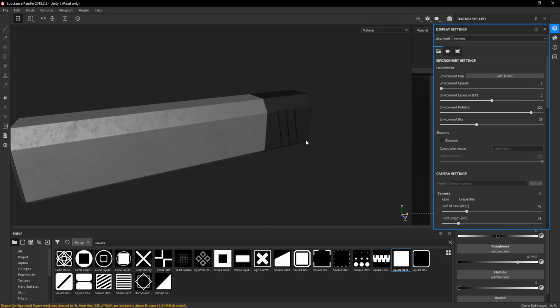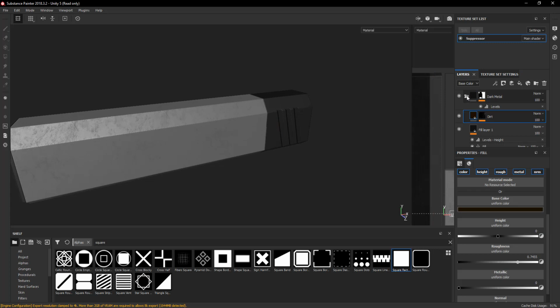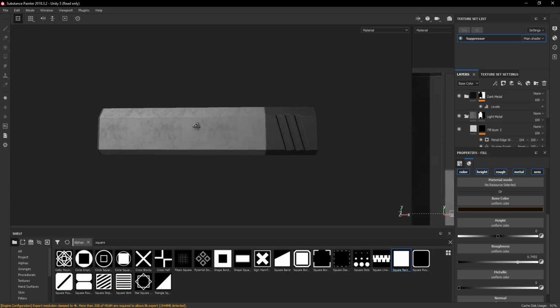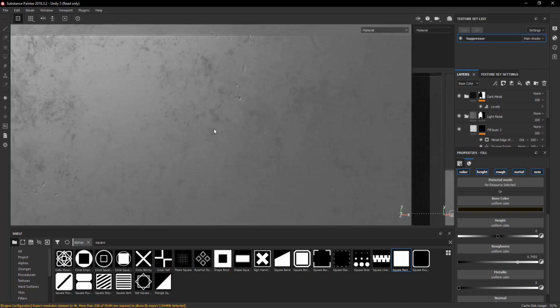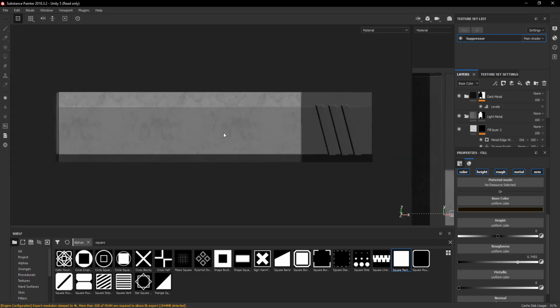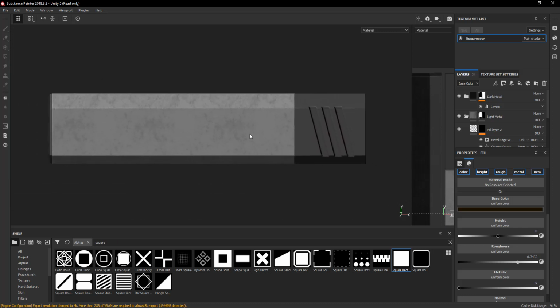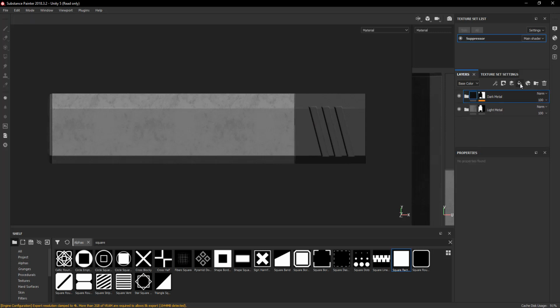Okay. So now I think we just need to do the stamps. So I'm going to go into orthographic with F6,